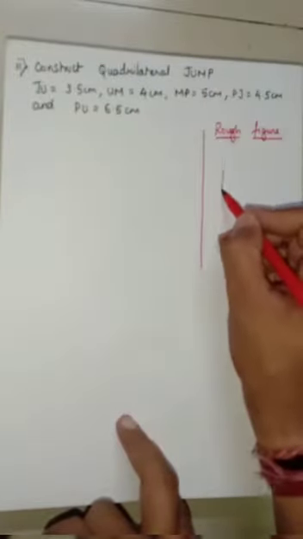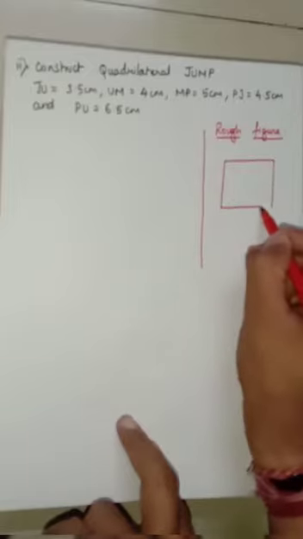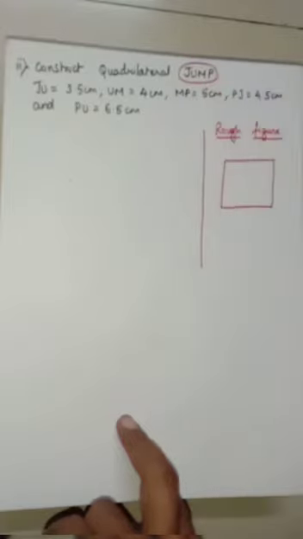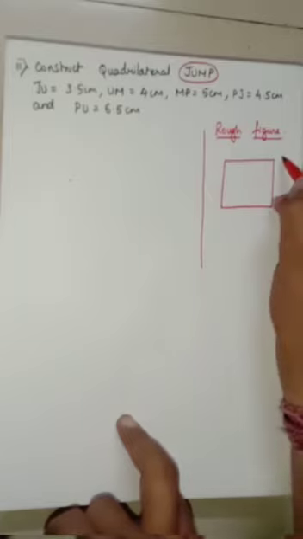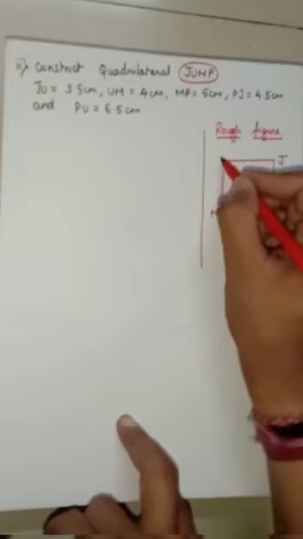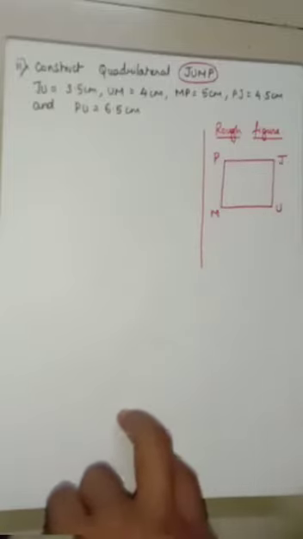So a quadrilateral I am constructing here. And as I told you, the name is JUMP. What we have to do is give the names clockwise or anti-clockwise. So here let's give clockwise. In the last question we gave anti-clockwise. So from here I am starting JUMP. Clockwise direction, I have done the naming.